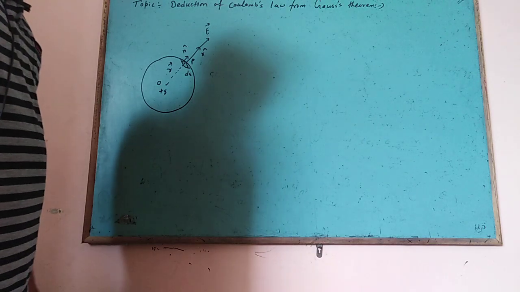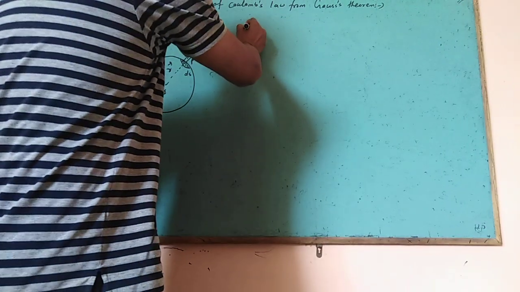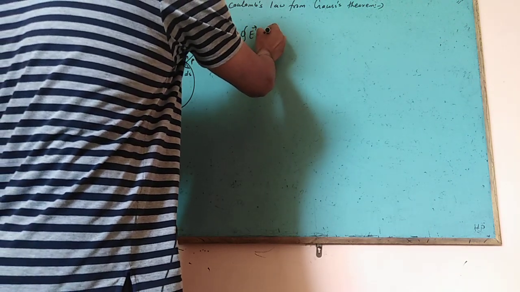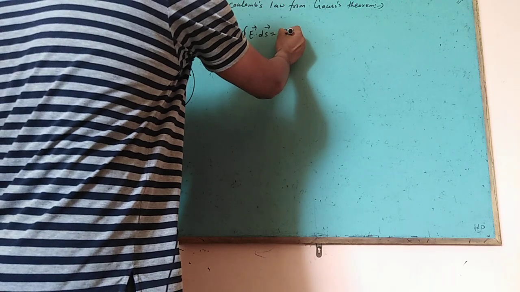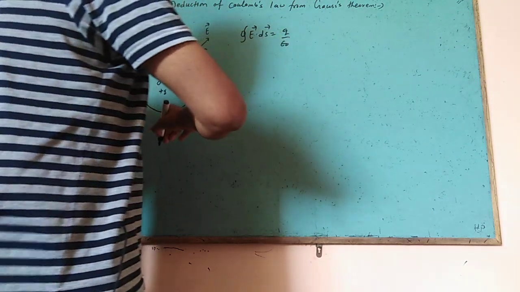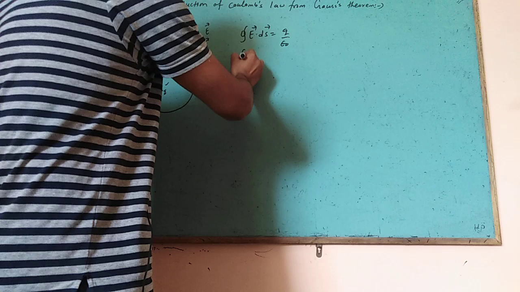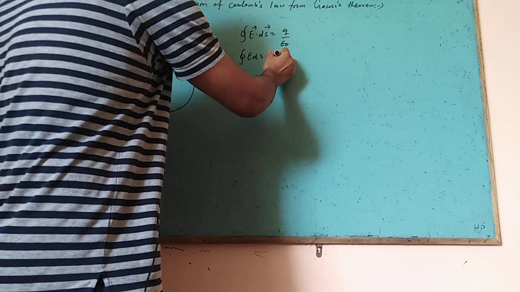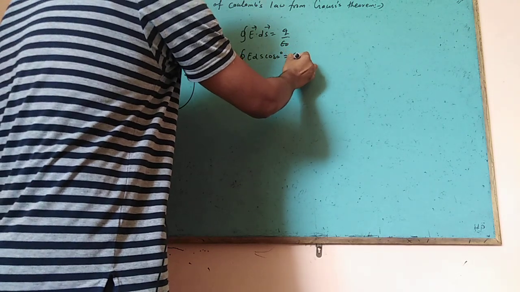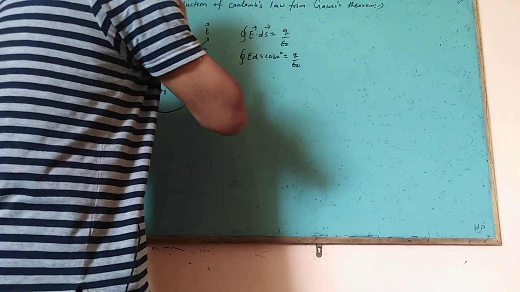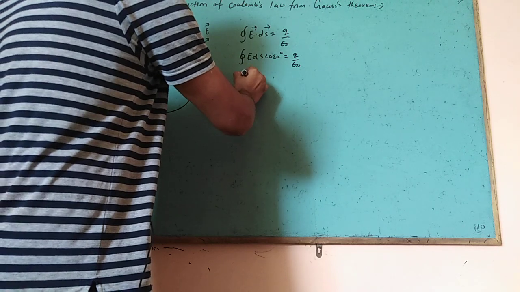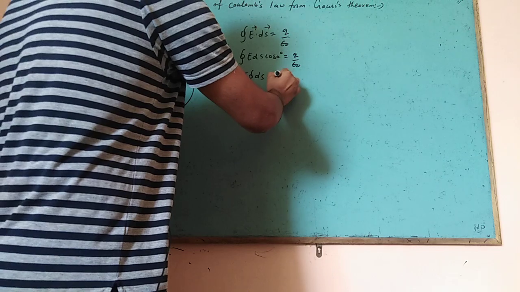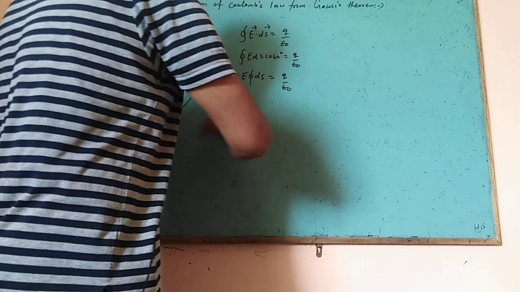Now, using the Gauss theorem, the closed surface integral of E vector dot dS vector is equal to q upon epsilon naught, where E and dS lie in the same direction and make an angle of 0 degree. This is cos 0 degree, equal to q upon epsilon naught, where cos 0 is always 1. Then E is common, coming out of the closed surface integral, dS equal to q upon epsilon naught.